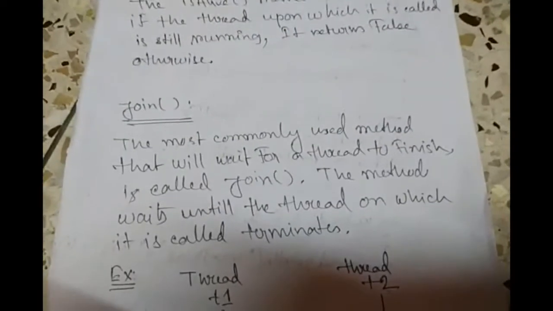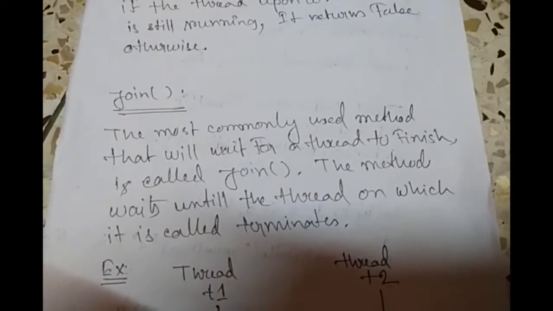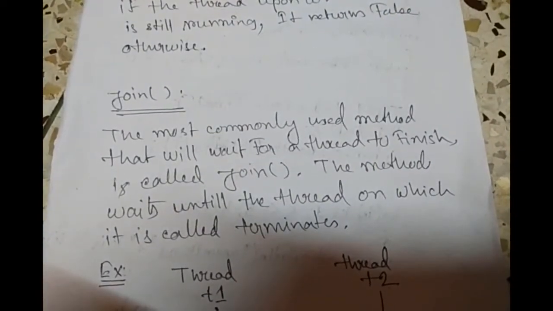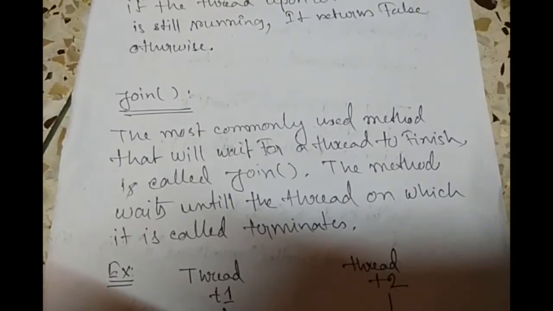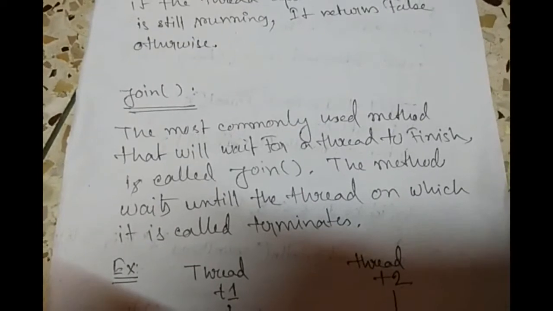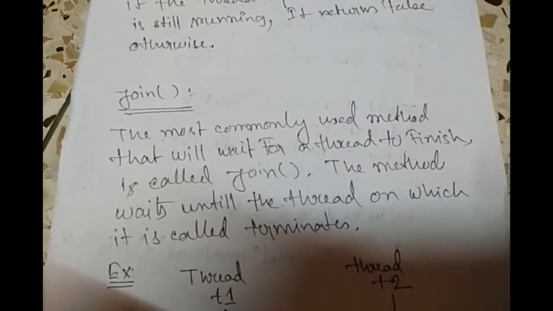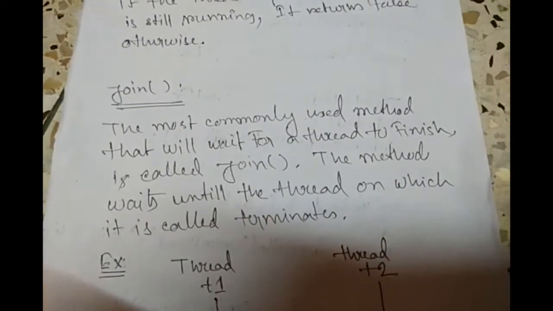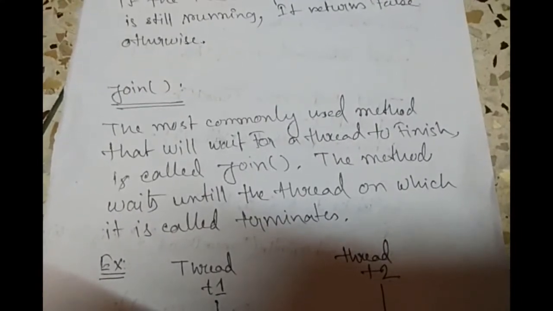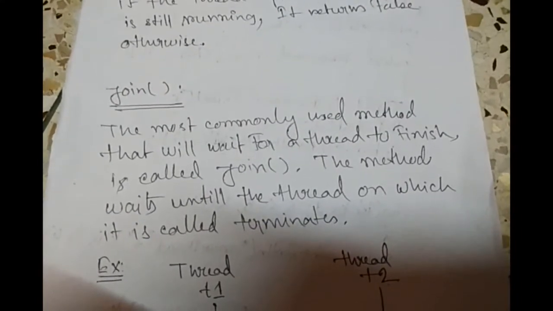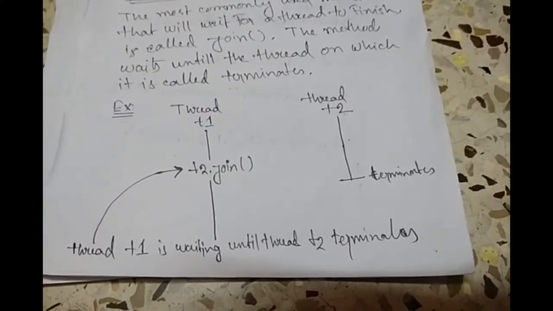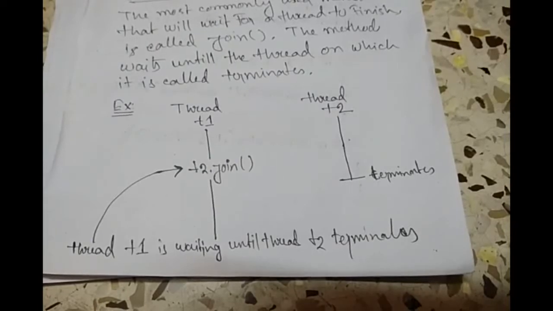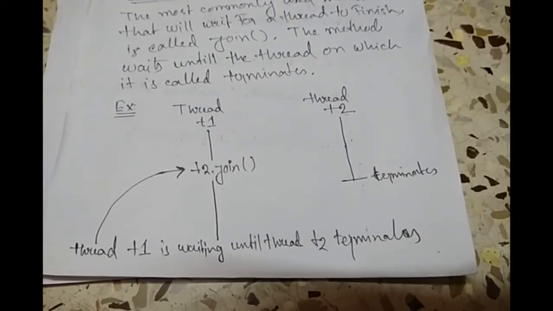Now, we come to the second method. The most commonly used method that will wait for a thread to finish is the method join. The join method waits until the thread on which it is called terminates. Now, with an example of the join method, we can